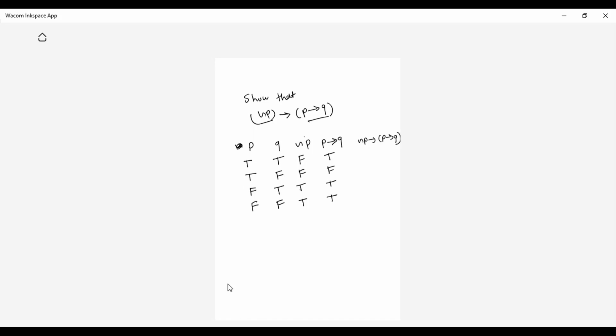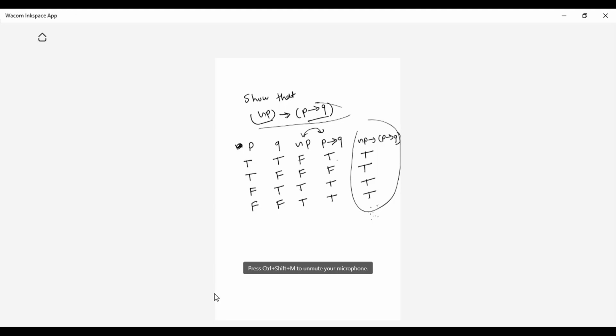Very good. Now between these two you have to perform the conditional operation. False, true, true, false, false, true, true, true. True, true, true, true. So what result are you getting, student? Tautology. Whatever statement they have given is showing all truth values as true, so this statement is a tautology. This is the way you have to solve it, student.